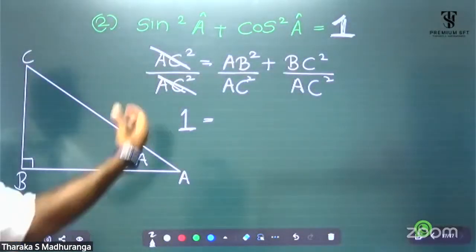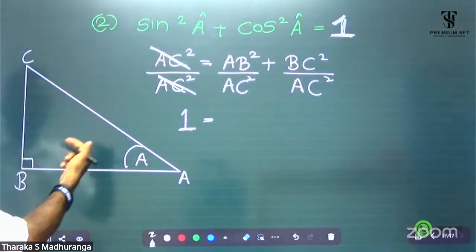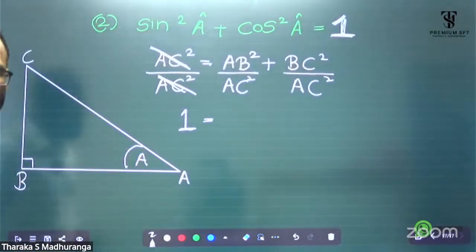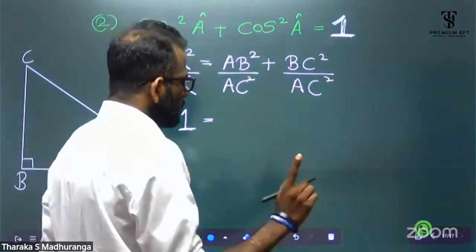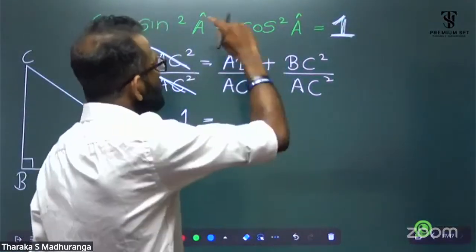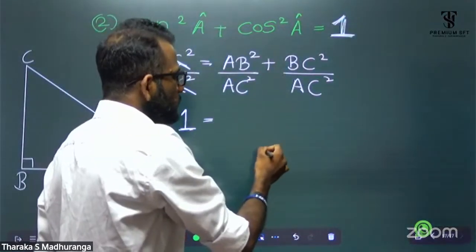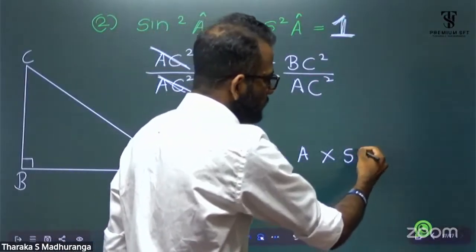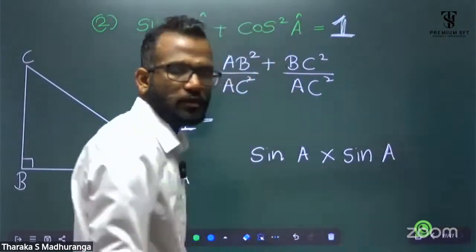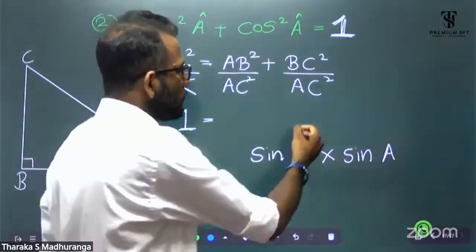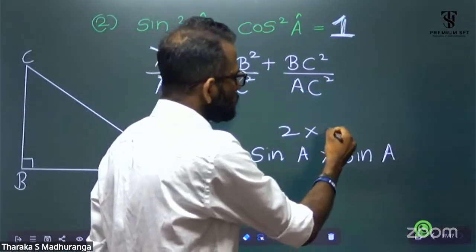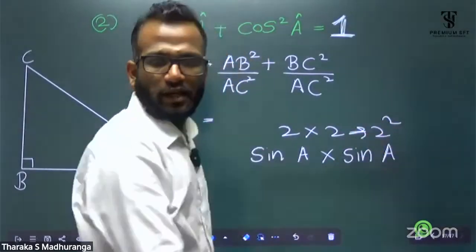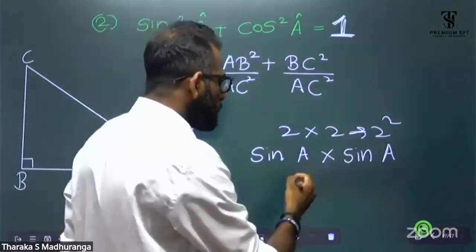AB over AC means sin squared. Let's look at this: sin squared A actually means sin A into sin A. That's the meaning. Normally 2 into 2 is written as 2 squared. 2 into 2 we call 2 squared. Sin A into sin A we are not going to write as sin